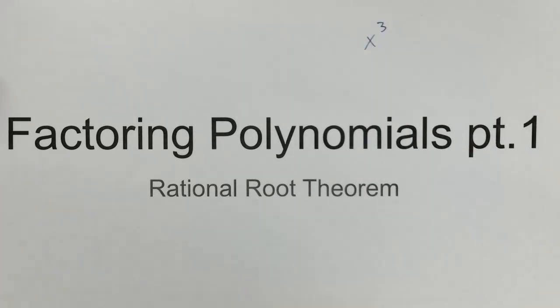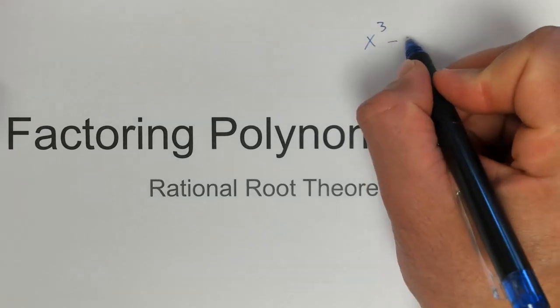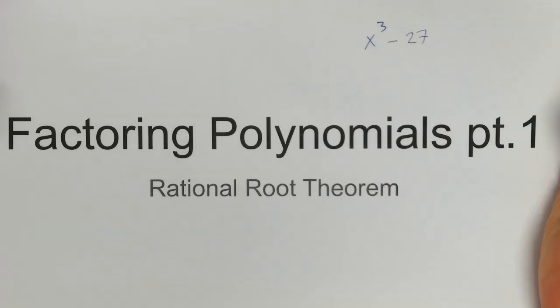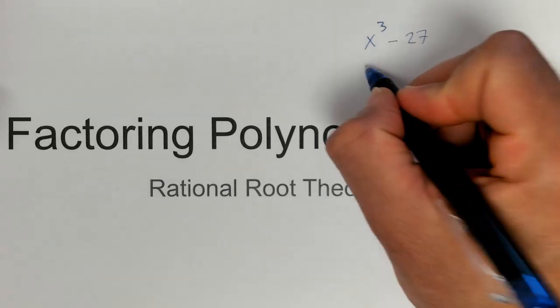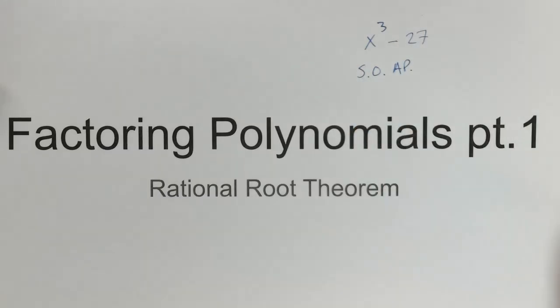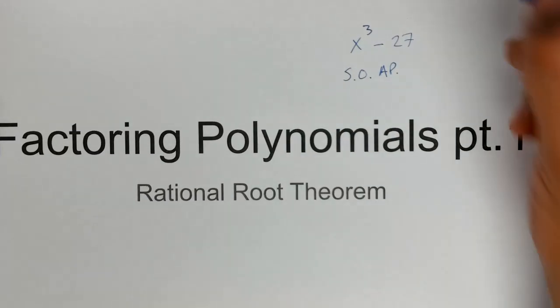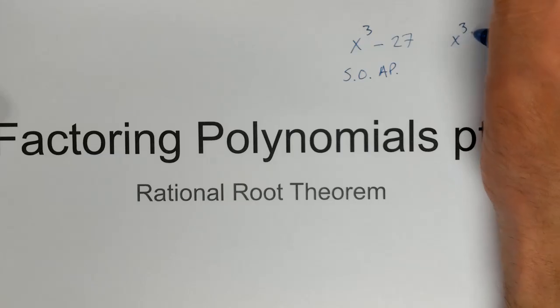Part 1 will be focused on cubics. Now, the two things that we've done so far for factoring cubics have been factoring cubics using the SOAP method, which is when you subtract two cubics. Right? We use the same, opposite, always positive method. And you can look at a video for that. We've also factored cubics using something like,